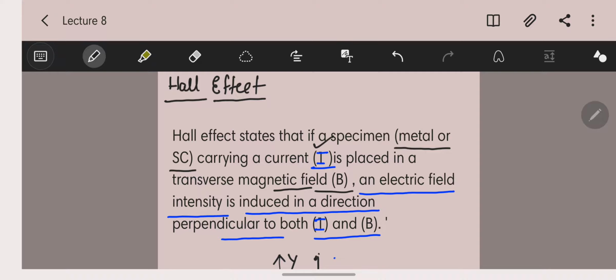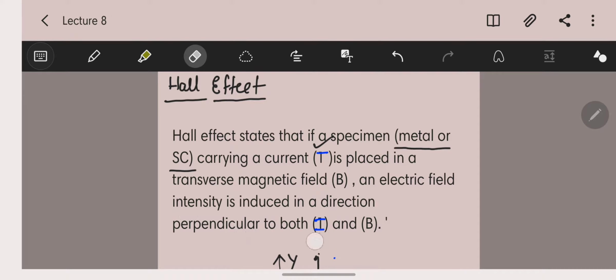Hello everyone. In the previous section, I discussed the effect of temperature on the conductivity of extrinsic semiconductor material. Now, in this section, I'll be discussing the Hall effect. What is the statement of the Hall effect? What is the significance of the Hall effect? And we'll be deriving some mathematical equations that will be helpful in solving the numerical problems related to the Hall